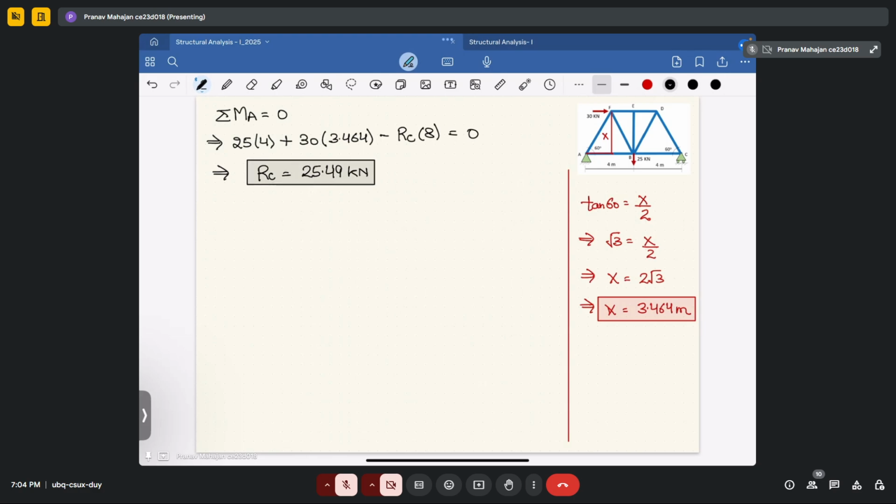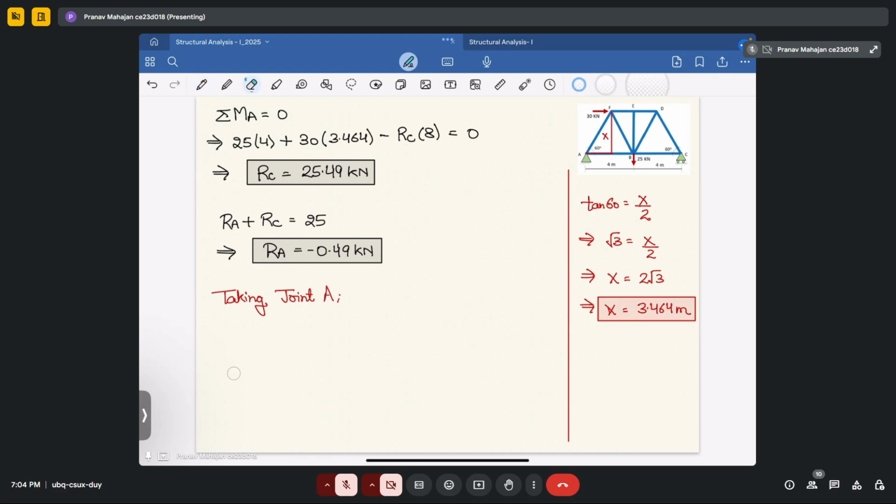Now let's find out RA. So you have RA plus RC equal to 25. That will give you RA equal to minus 0.49 kilonewton. Okay, now we will start from joint A. So taking joint A, you have